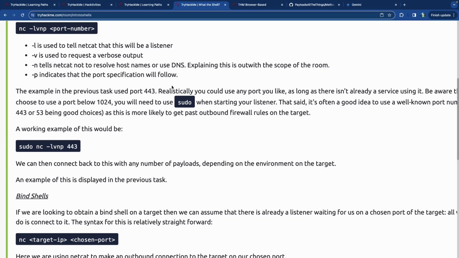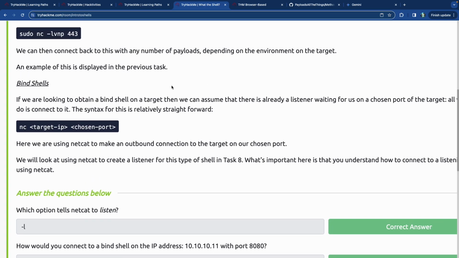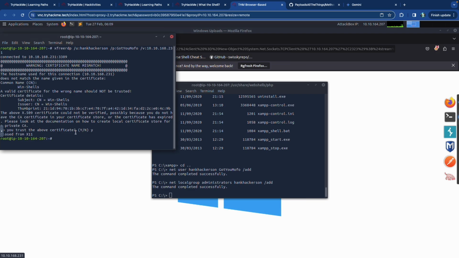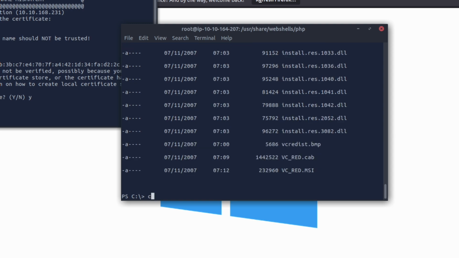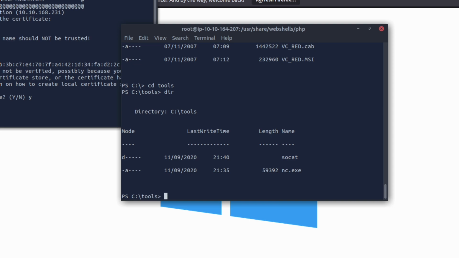So Netcat seems to be basically the same thing for Windows, but I think what needs to happen, and I'm just going to close this out just so I can save some RAM here, I think I need to go into Tools inside of the Windows machine, and that's where it would be. So if I go into Tools, there it is, and then from here we have Socat and Netcat. Okay, there we go. So we have Netcat here as a listener. So if I did netcat.exe and then -lvnp